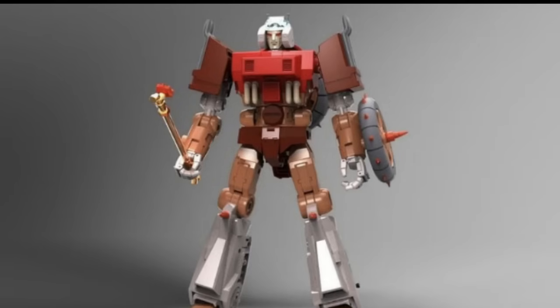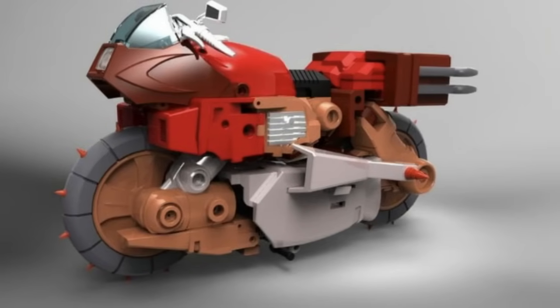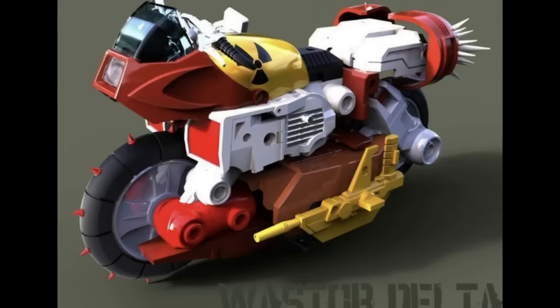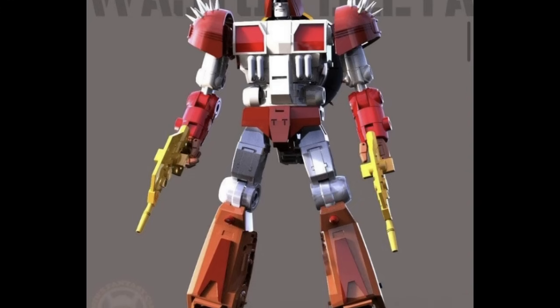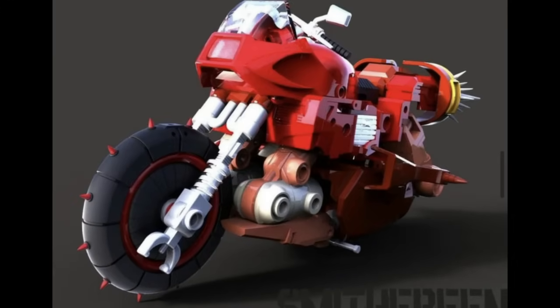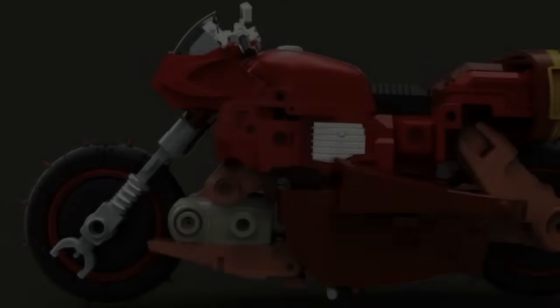So this set looks incredible. I've actually not been able to pick any of this set up yet at all. I don't know what's held me back because, as I always say, Rodimus is actually my favourite character out of the whole of Transformers, so I do not know what has held me back from being able to pick it up. I think every single time I look from the places that I buy, they do seem to be sold out, but we get some beautiful images here of the coming